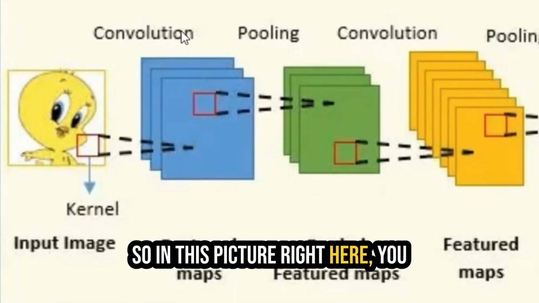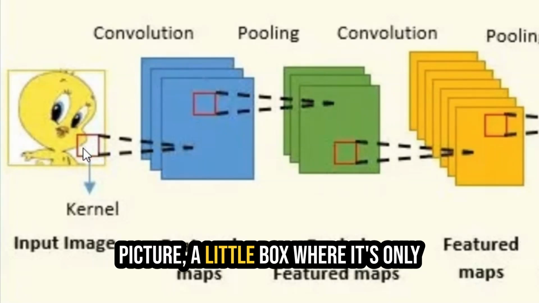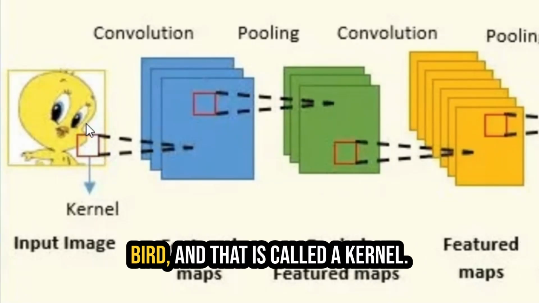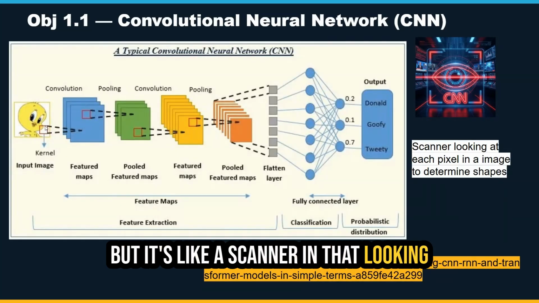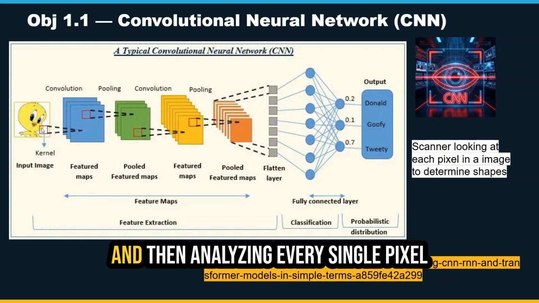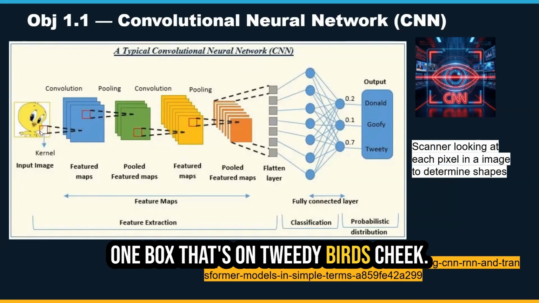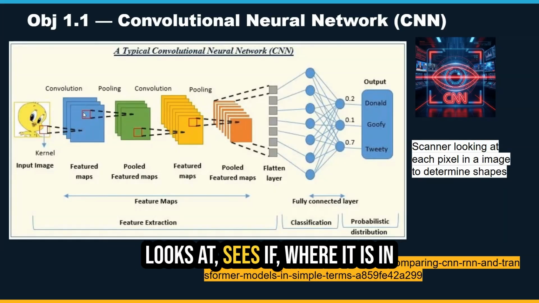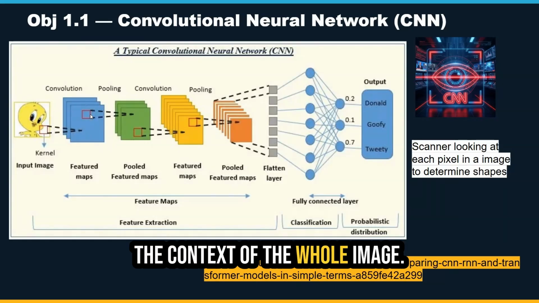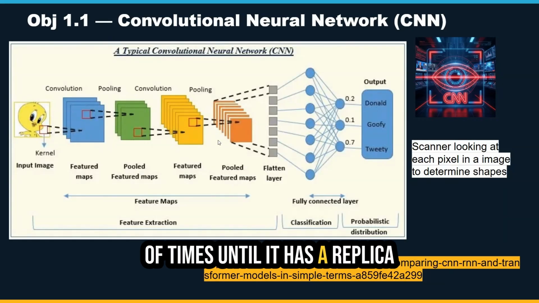So in this picture right here, you see a picture of Tweety Bird, and it's taking a little box where it's only looking at the cheek of Tweety Bird, and that is called a kernel. You don't have to go that deep into it, but it's like a scanner in that it's looking at one section of the image at a time and then analyzing every single pixel in that one kernel, that one box that's on Tweety Bird's cheek. Then it takes that part and sees where it is in the context of the whole image. It does this over and over again, hundreds of thousands of times,